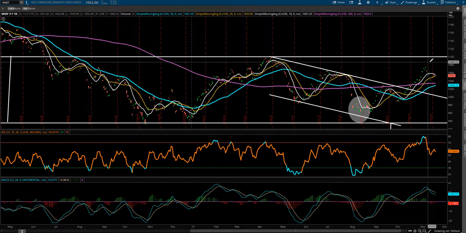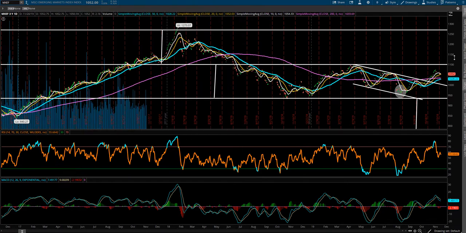And so really, when we're paying attention inside of the emerging market index, we need to get back up over 1100 as well. It's very difficult for us to rally 10, 20, 30% higher without the rest of the world subsequently also kind of joining suit and at least rallying somewhat. So this major resistance on the emerging market, I believe, is also important.